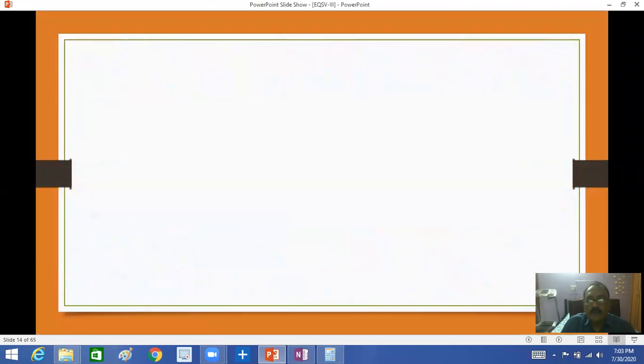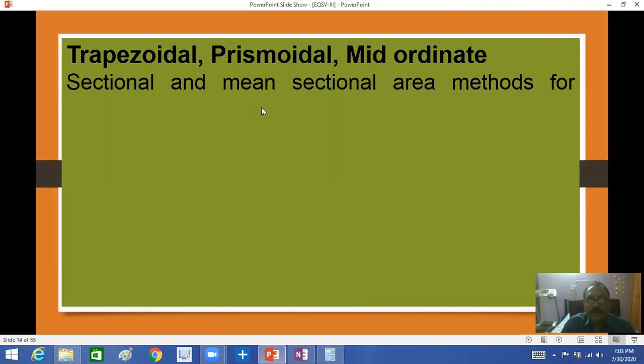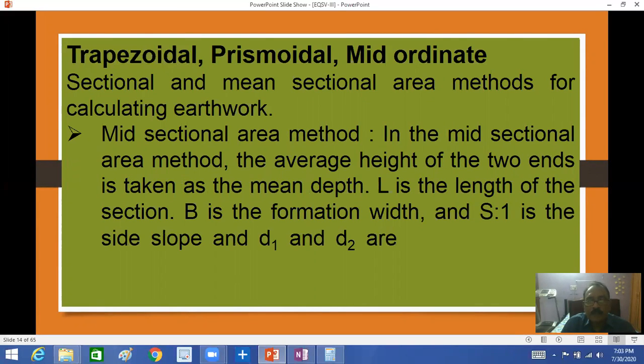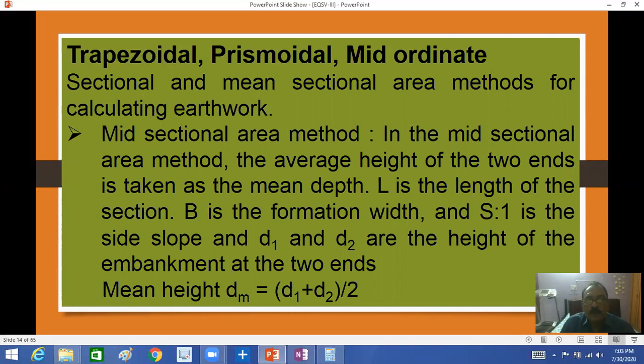Earthwork for roads and canals. I explained how to calculate area and volume of the trapezium section. There are many formulas here. Mean sectional area, mid sectional area, prismatic area are very important in our unit. The section and mean sectional area methods for calculating earthwork here. See, one important thing is here, the mid sectional area method,